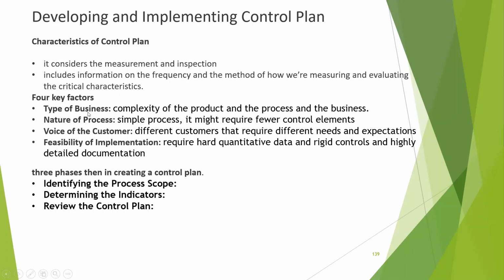One is the nature of business, for example the complexity of the product and process in the business. For that, we are using the control plan. I'll tell you the process. What are all the processes I have? I have charge entry, I have payment posting, I have denial management, I have AR, and all the processes I have as production. So for that, we can add that as a control plan, based on the complexity.